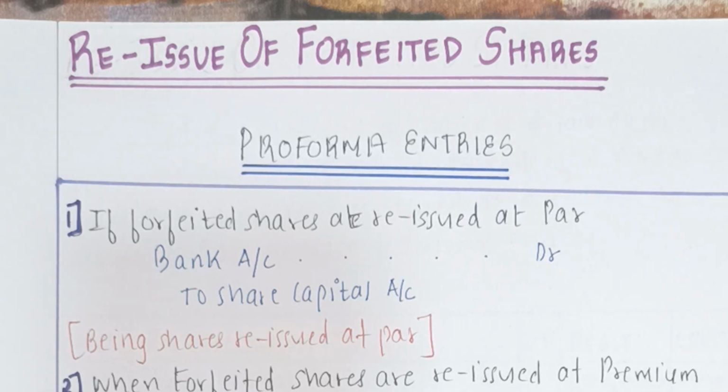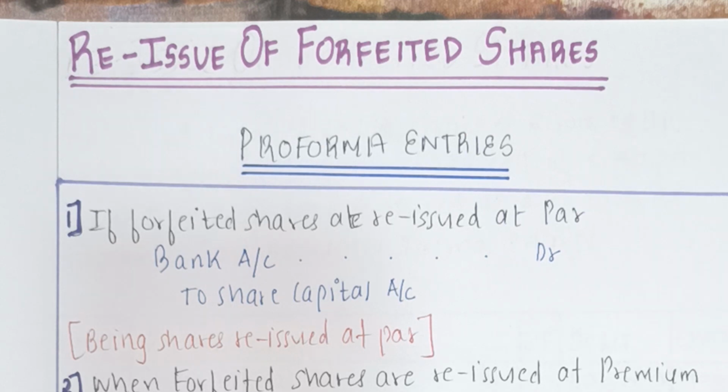Therefore, the company may sell these shares, and the sale of such shares is known as the reissue of shares. Thus, reissue of shares means issuing the forfeited shares. Once the board of directors has forfeited the shares, the defaulting shareholder is asked to return the share certificate, which is then cancelled. The board of directors then passes a resolution allotting the forfeited shares to a new purchaser.